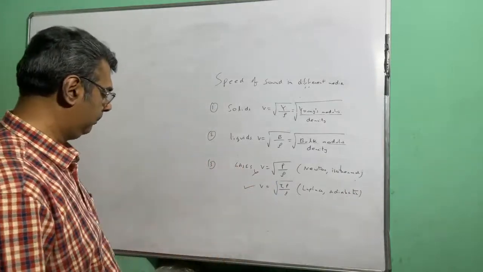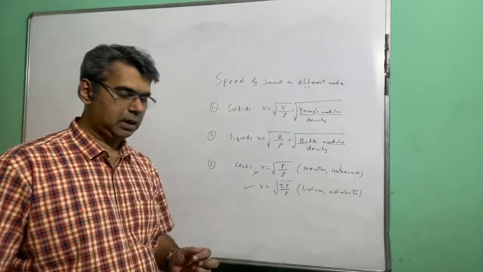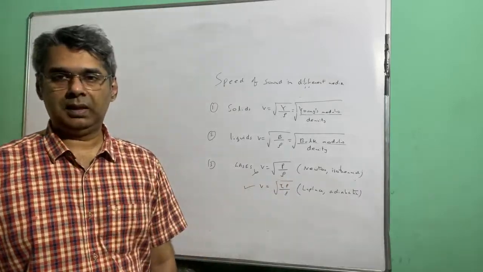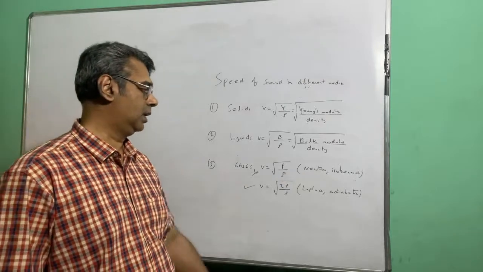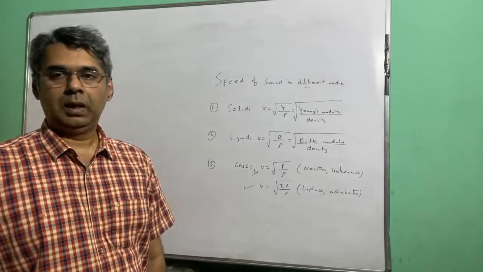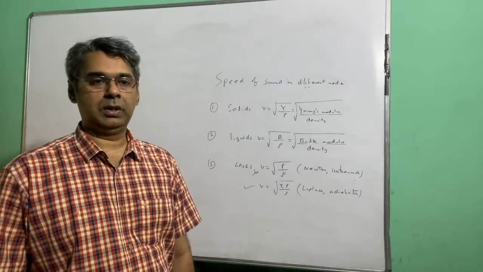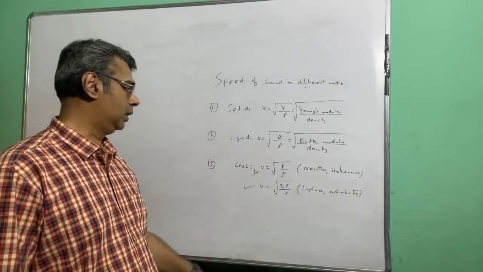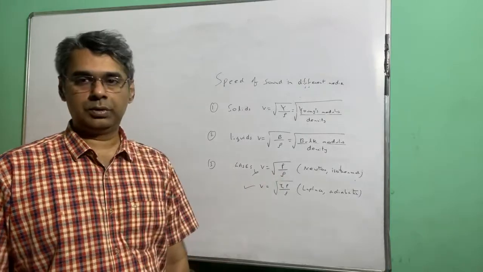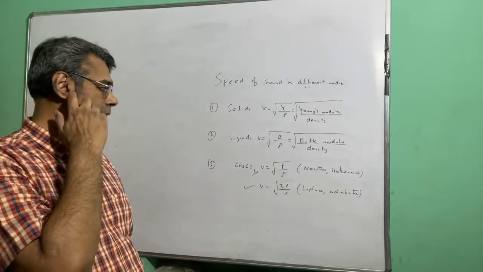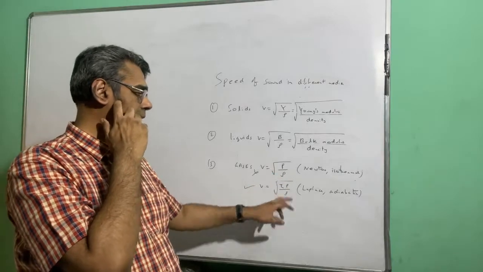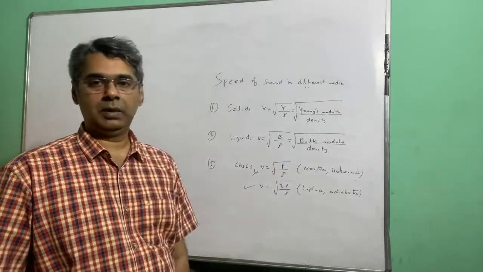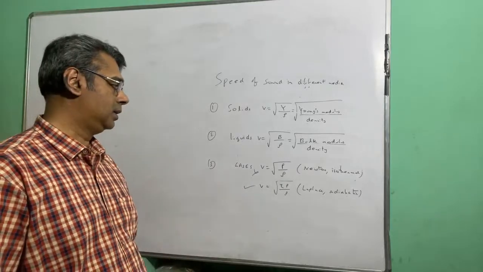Now regarding the speed of sound in gases, actually Newton said that propagation of sound in gases is isothermal. According to Newton, the propagation of sound through a gas is isothermal. So according to Newton, the formula that we should use should be the isothermal formula, so root over pressure by density. Newton suggested that we should use this formula root over pressure by density.